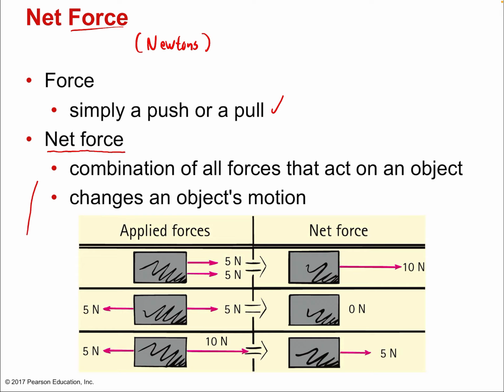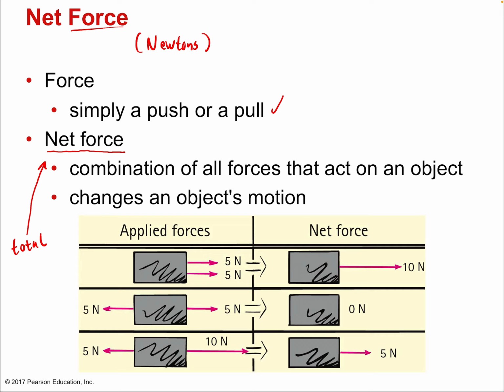Okay? Net is a word that's used quite a bit in the physical sciences, and it just means total. You're summing something up. Okay? All right, so if you got four separate forces acting on an object, right? Maybe there's a string tied to it, someone's pulling on it, there's some friction, right? The ground is pushing up from below, okay? Gravity, right? So you got a bunch of different forces acting on one object. If you sum them all up, then you get the net force, okay? It's a combination of all forces that act on an object.